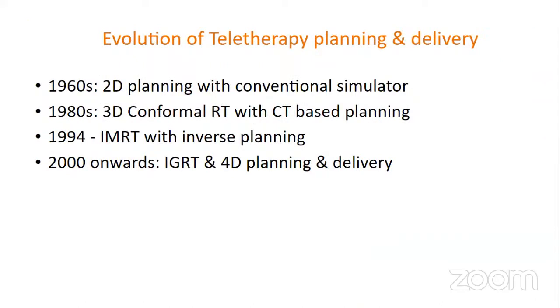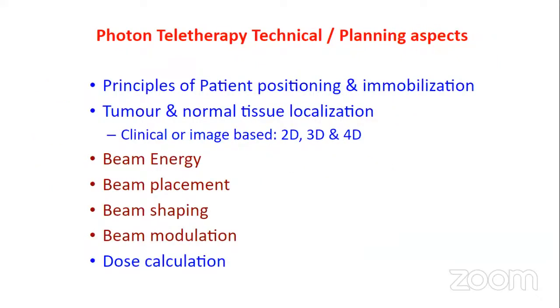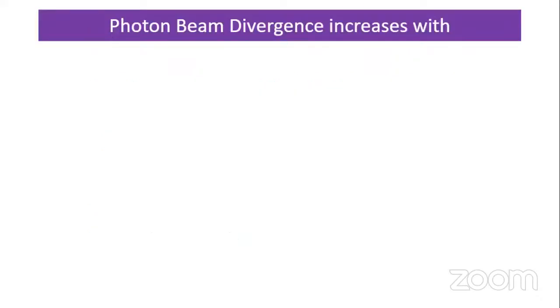So teletherapy planning went on from 1960, simple 2D planning, then conformal planning, then IMRT with inverse planning, and of course now IGRT and 4D planning. In terms of the planning aspects, we already talked about simple things: beam energy, beam placement, beam shaping, and beam modulation. I will tell a few important points before we go to the actual 2D and 3D planning. So, photon beam divergence increases with,